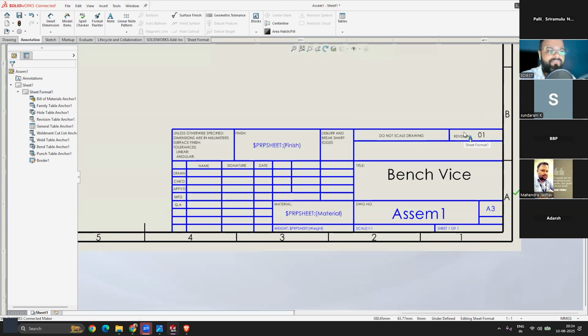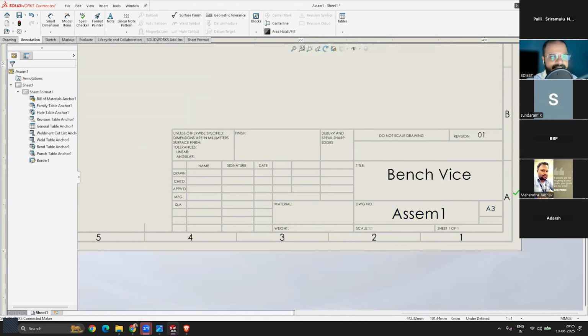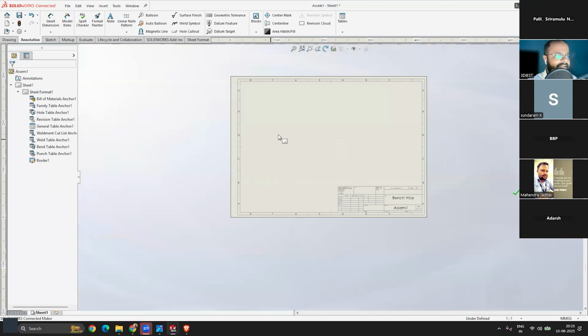So this is how we can do it. We can customize this complete template, but a few things are connected with my sheet automatically. For example, wherever you see this dollar symbol, this means these are already connected with my actual model. So you don't have to edit anything in this. Whenever you update your model, this information will get updated, right? So you don't have to change these details. Once you are done, simply click on exit sheet editor, and you will be back.